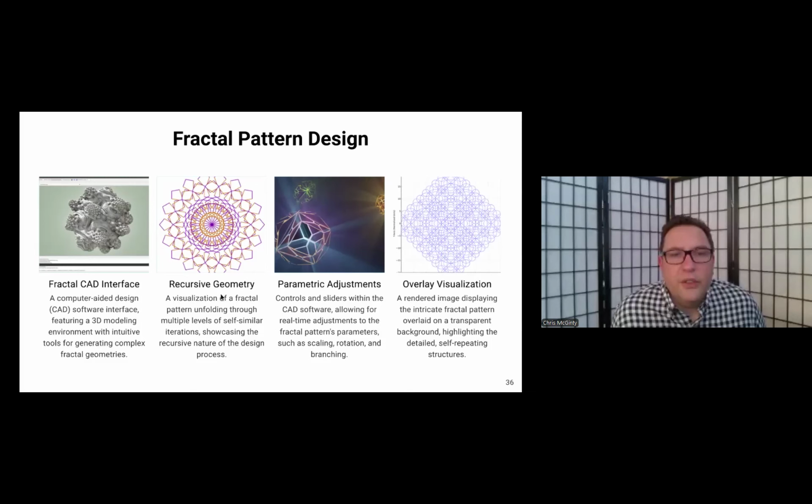We use recursive geometry, allowing for adjustments in real time in, say, non-orientable space. And this is an overlay representation of what a fractal pattern that would extract ZPE from looks like. This type of pattern would be imprinted on the nyrite itself.